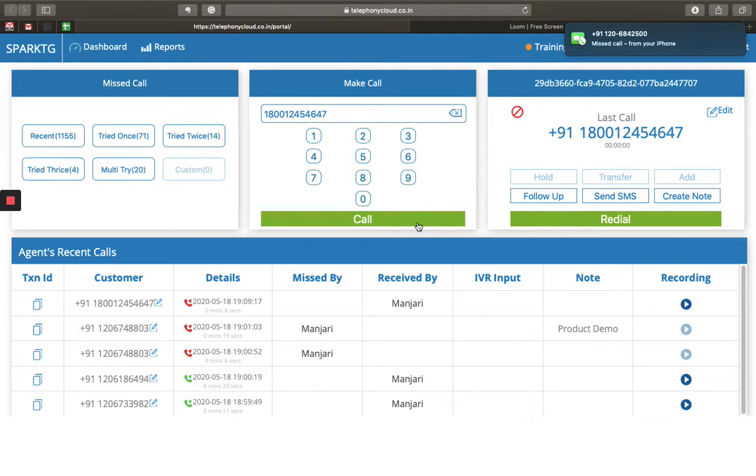So you saw there was a change in screen at the time the call was being tried. So we will do this exact demo after we're done with the understanding of this portal.